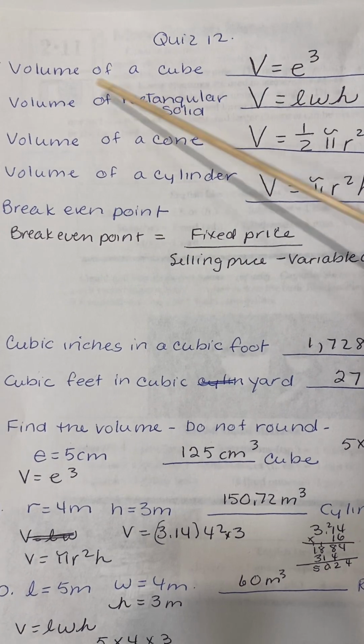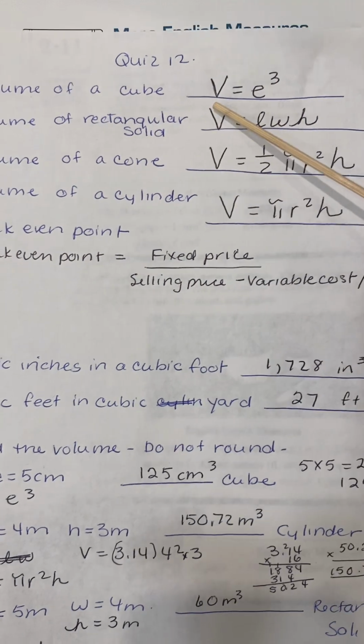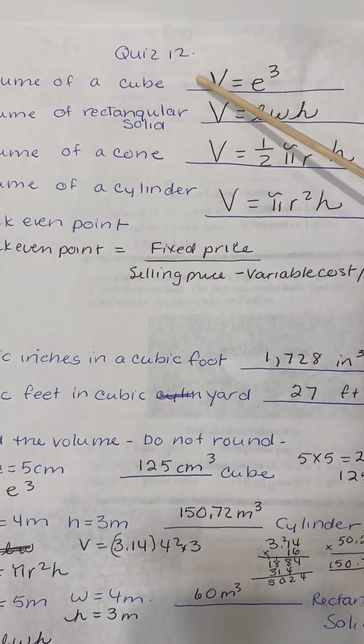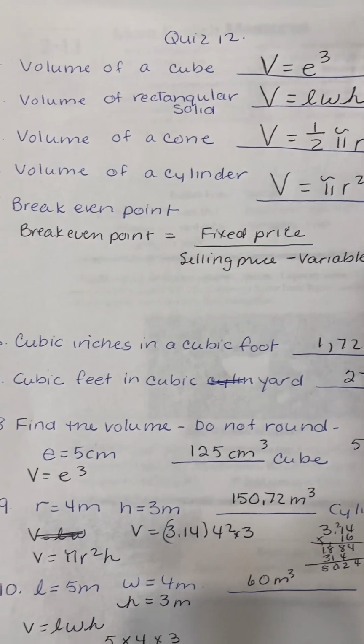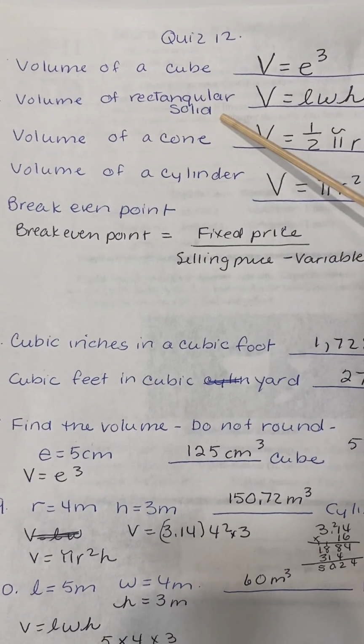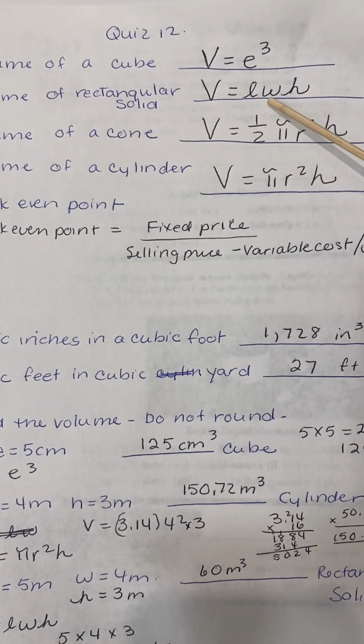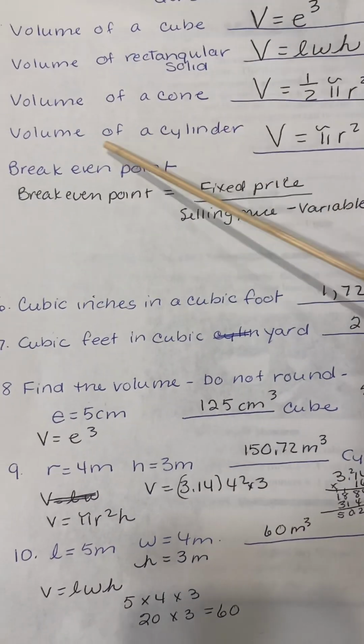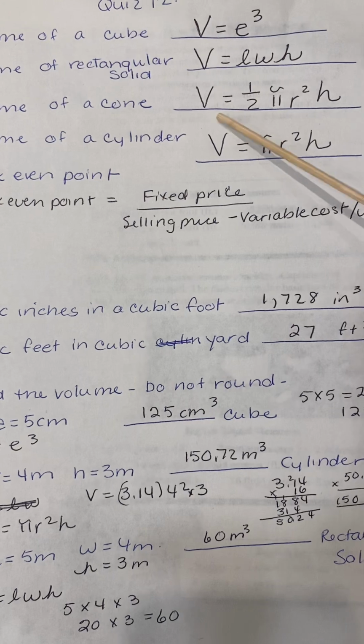The volume of a cube, of course, is going to be volume equals edge times edge times edge, right? You're going to take it 3 times to get the volume of a cube. The volume of a rectangular solid is going to be volume equals length times width times height. You got that? The volume of a cone is going to be,